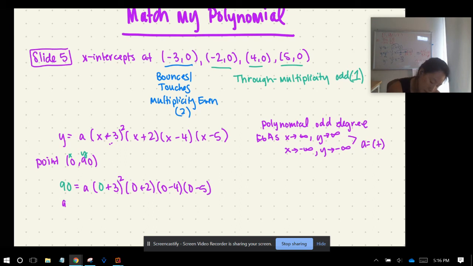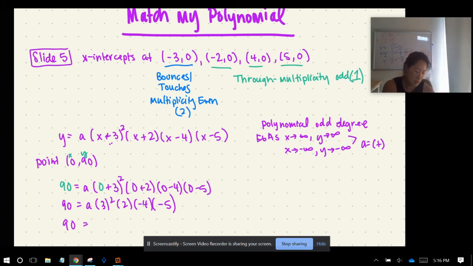All right, next up, simplify. 90 is equal to a times 3 squared times 2 times negative 4 times negative 5. So I have 90 is equal to a times 3 times 3 times 2 times negative 4 times negative 5. 2 negatives make a positive. That gives me